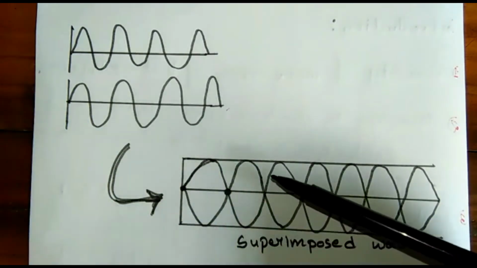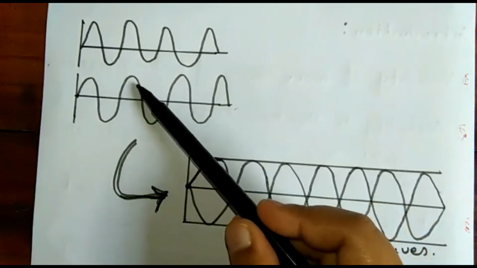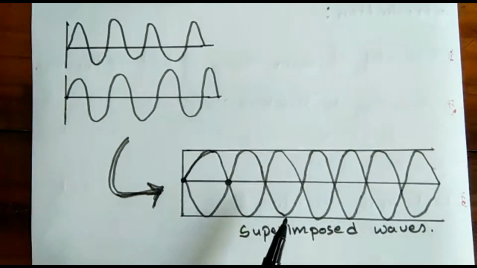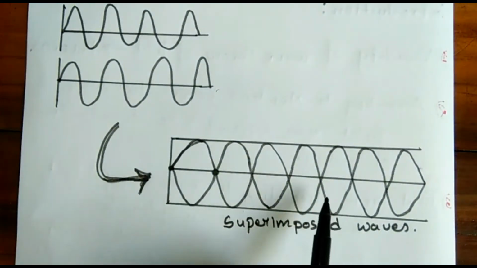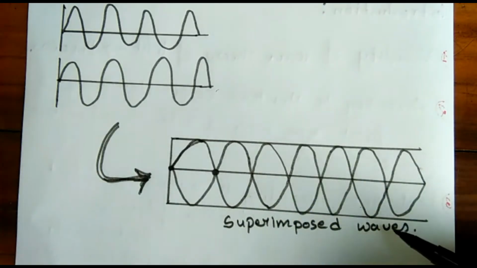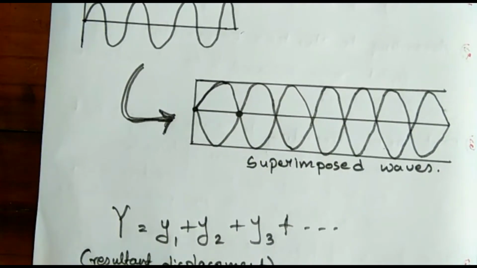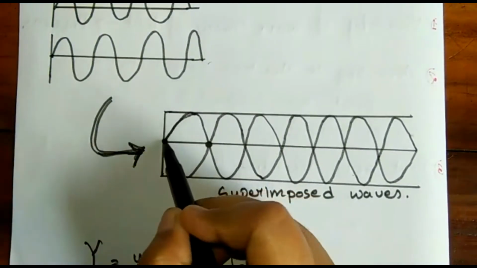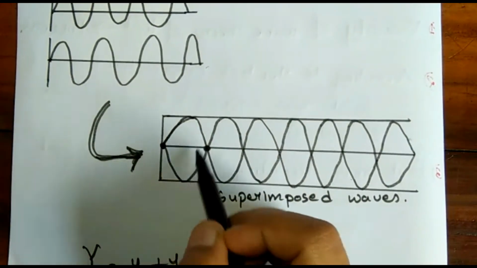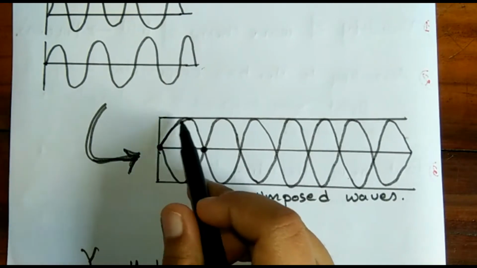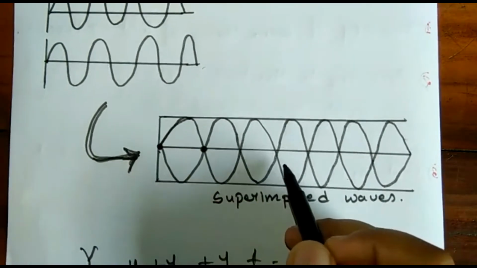and they are having maximum and minimum amplitude. Maximum is at this point and minimum is at this point. So these waves are superimposed in a single medium along with their crest and trough and having amplitude maximum and minimum. So let's say that the resultant displacement is y. What is the resultant displacement? See, from this point to this point, there is a displacement of wave. This is the starting point and this is the end point. So this one is called the resultant wave.